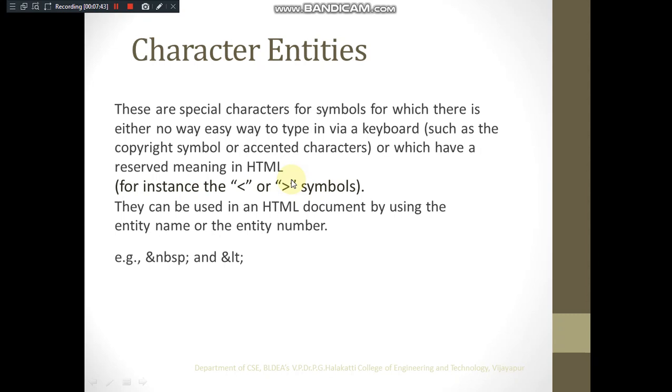Apart from that, certain syntactic parts of the language itself we would like to use as part of the web page content. Say I would like to talk about a relational operator inside my web page, where I am talking about the less than and greater than symbols. I need to specify it as part of the web page. But what the browser interprets, whenever the less than and greater than symbol comes, is a tag name, isn't it?